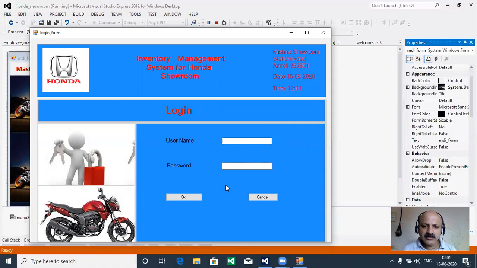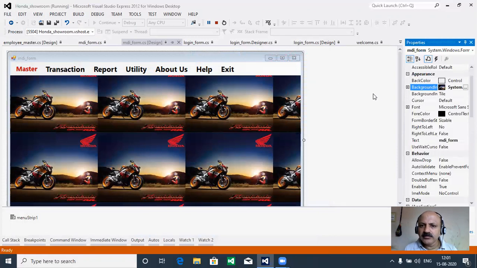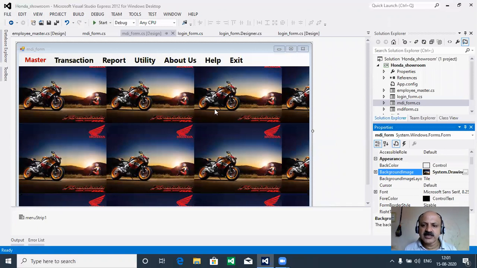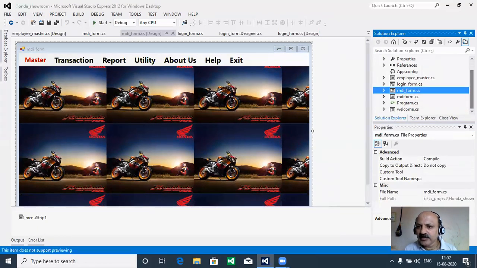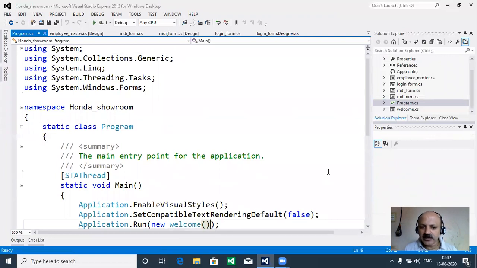Okay, so here I just directly open this form. I just cancel. Here is also okay and cancel. Yes, okay. And if I directly open the MDI for testing, like testing five times, I replace five images one by one. So in every project folder there is one unique file, the Program.cs file, and here is Application.Run, and we can change it. Here a welcome screen runs directly. So you can change it to your requirement.